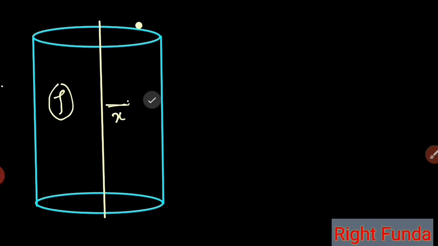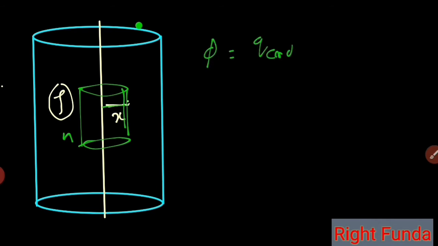To calculate this type of electric field, we all know that we take a Gaussian surface of this type passing through that point. Suppose h is the height of this Gaussian surface, and net flux has to be equal to charge enclosed by epsilon naught. From that we calculate the net flux.